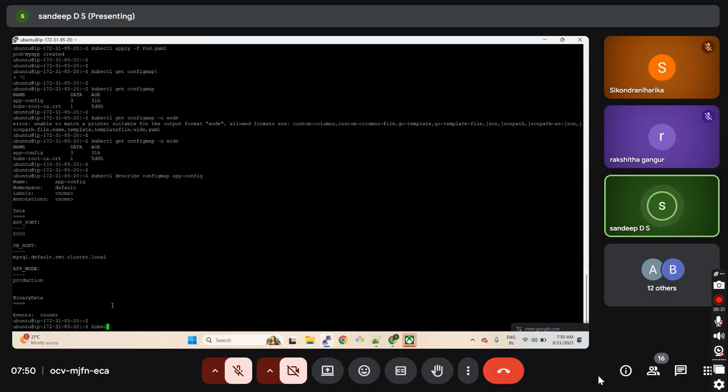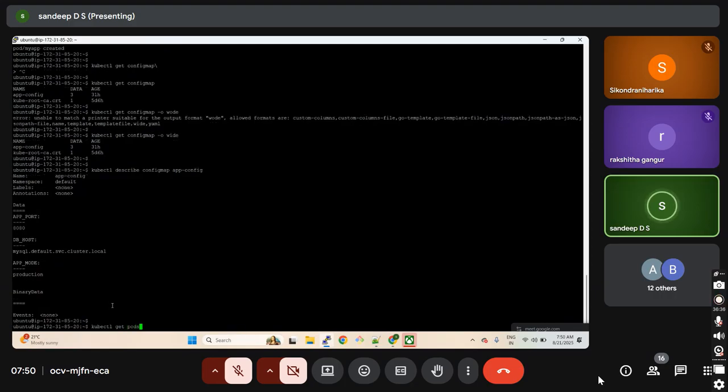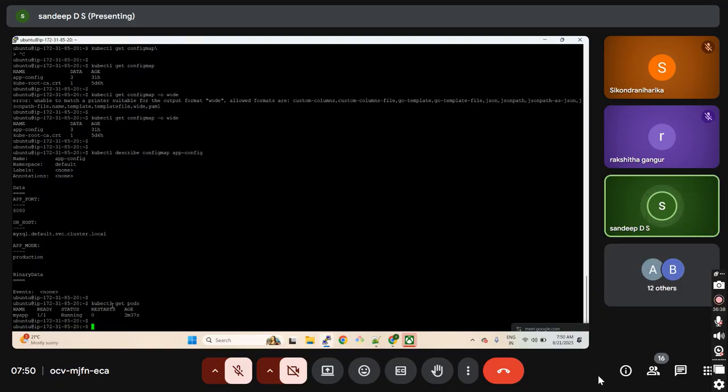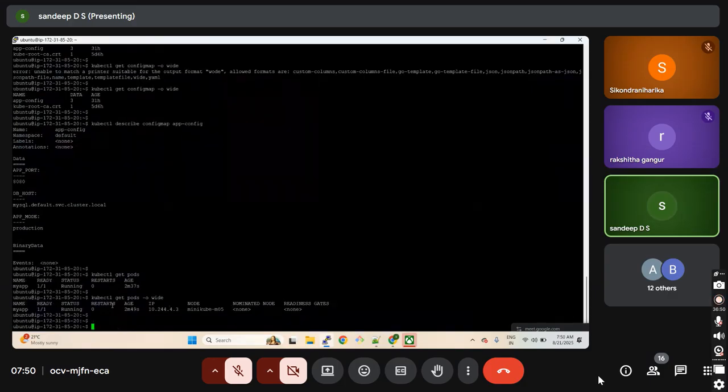Now if I run kubectl get pods. Okay, kubectl get pods. So we can see my app, right? This we deployed using the config map, sensitive data, non-sensitive data, right? Let's see how it works, what it is used for. Now we can see the pod which we deployed. Let's describe this: kubectl describe pod